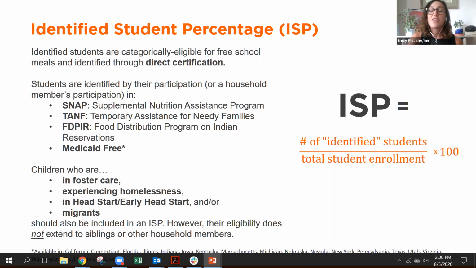So I know that some states do both Medicaid free and reduced to directly certify students for free and reduced price meals. But for CEP and the purposes of calculating your ISP, only Medicaid free students can be counted in that ISP. So I say that a student can be identified by their participation or a household member's participation because,